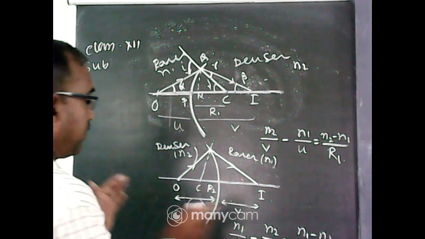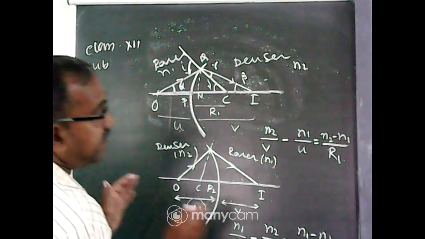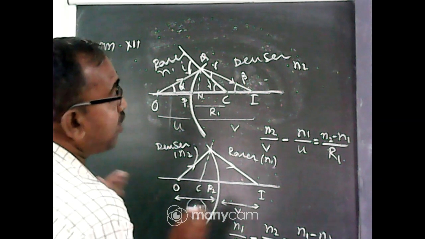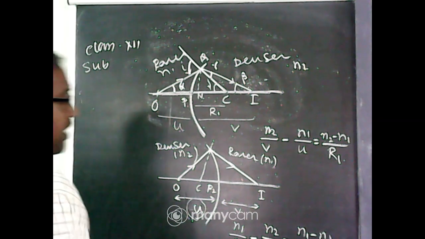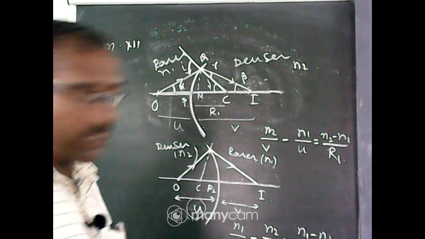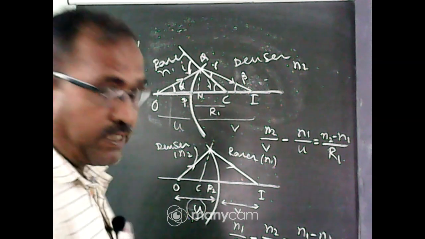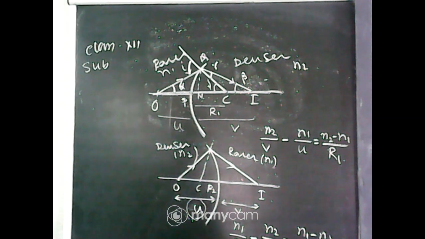If you join it and create the convex lens, how is it possible? It cannot be possible on the board because two diagrams are there. So I will try to avoid one diagram, means wrap the one diagram and again draw this convex lens. If you draw it,